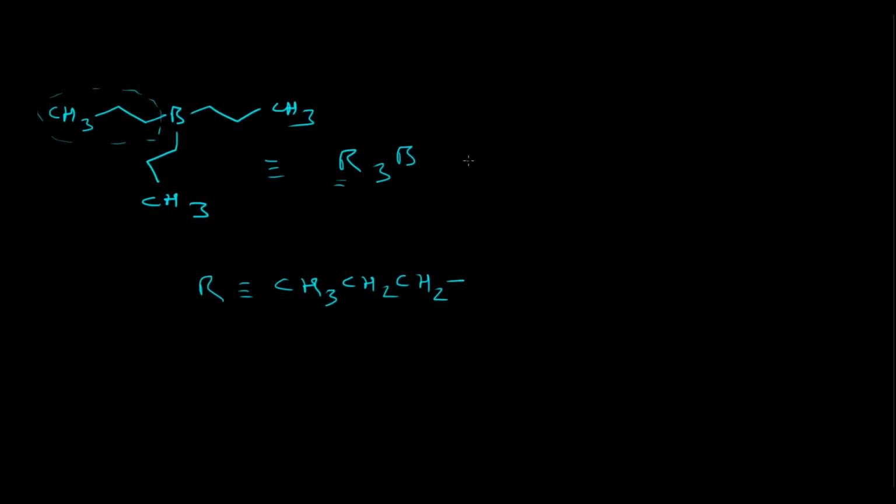So what will happen? First, there will be the formation of the nucleophilic species, which is the hydroperoxide anion in this case. So hydrogen peroxide will react with the OH minus. This OH minus will abstract a proton from this hydrogen peroxide molecule, which will result in the formation of this nucleophile.